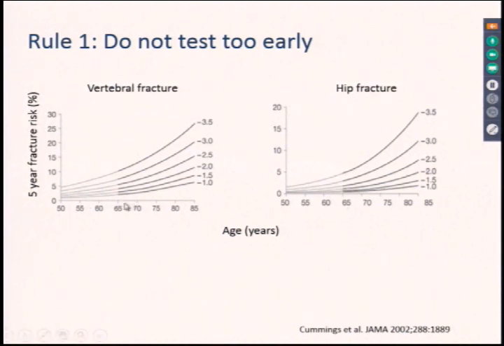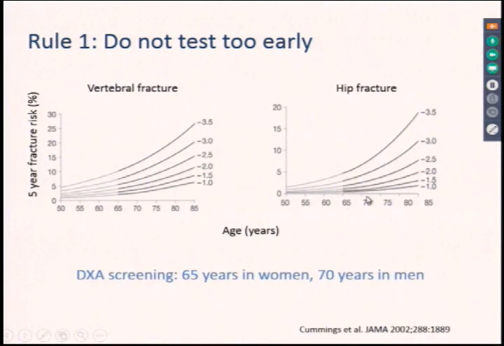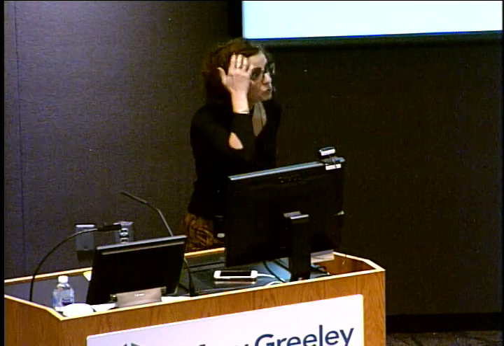Now, in men, there are similar graphs, but they deflect or start moving up at the age of 70. So because of that, it's not recommended to screen women until the age of 65. And it's not recommended to screen men for osteoporosis until the age of 70. Unless they have risk factors, say, heavy smokers, heavy drinkers, on glucocorticoids, something of that sort. But people who really don't have risk factors and who are healthy otherwise should not be screened until those ages,